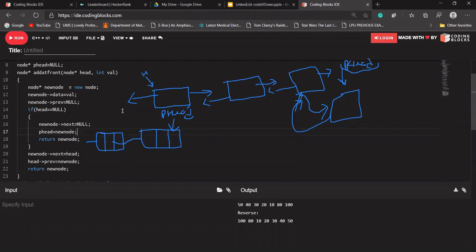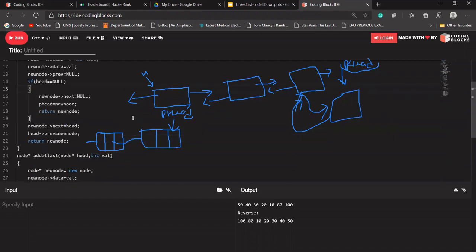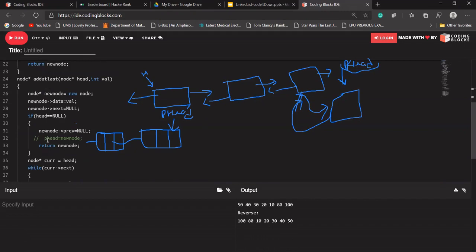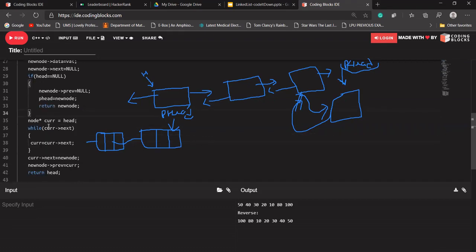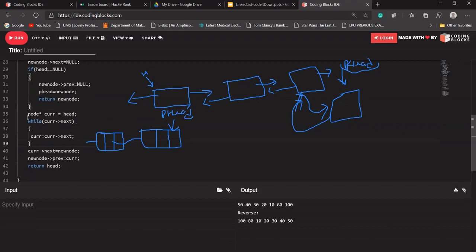Again, if we call our add at last function and there is nothing in our linked list, the p head will point to the node that has been created, because there is nothing in our list. But if there is something in our list, we don't need to iterate through this complete loop again, because we have the address of our last node.